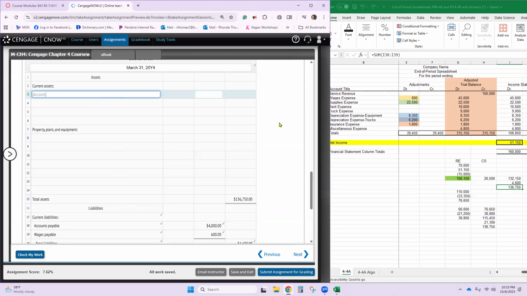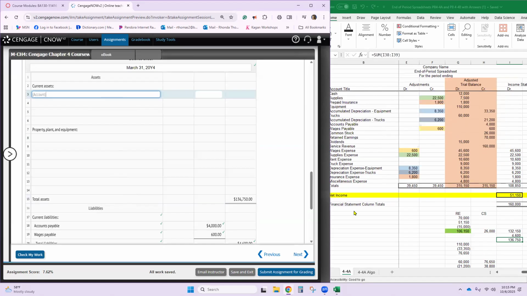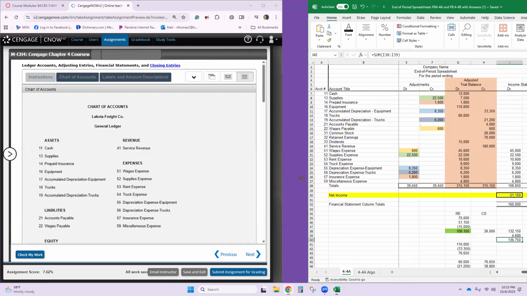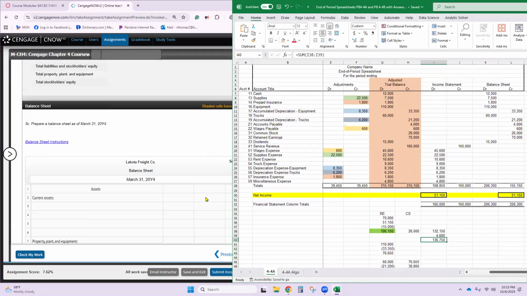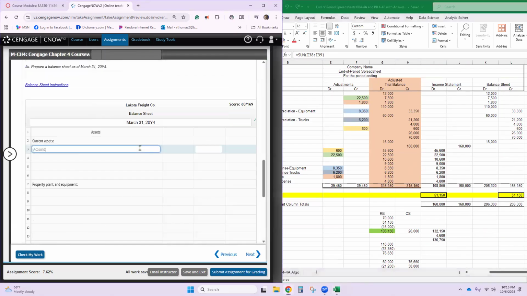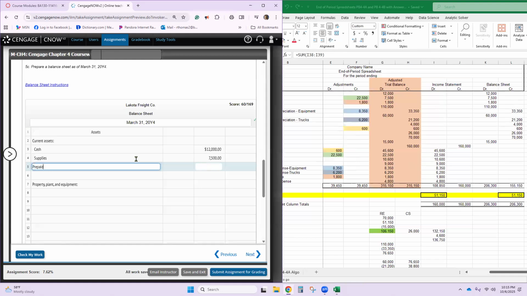Okay, so our first asset is always cash. Let me move this over so we can see this better. There's balance sheet. Okay, with our first asset list, it's $12,000. Then supplies has 7,500 in it. Prepaid insurance. I think that's it.